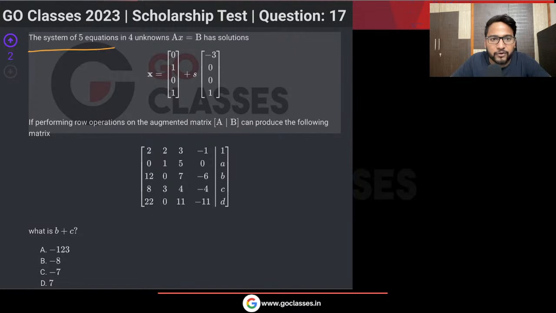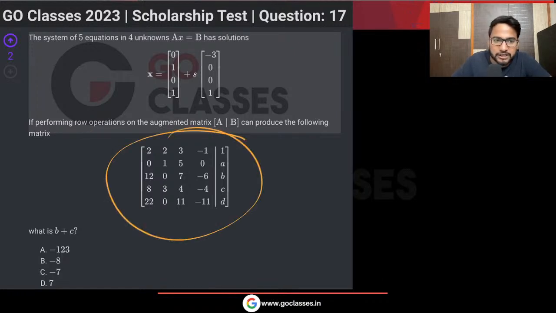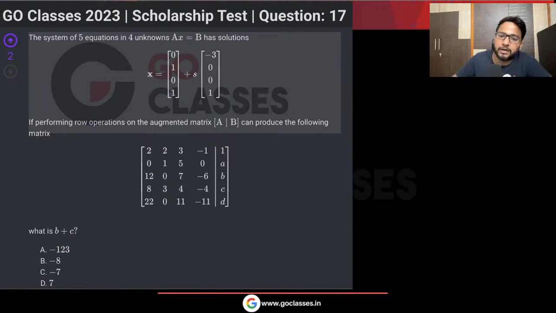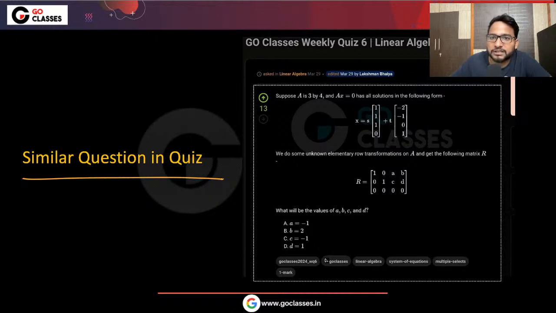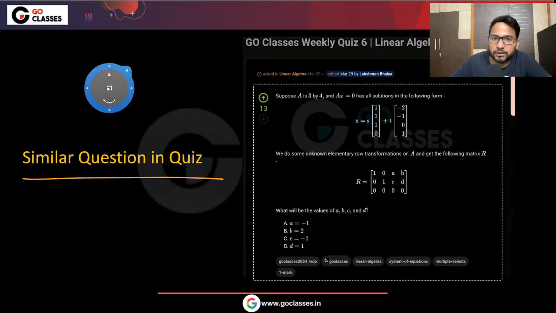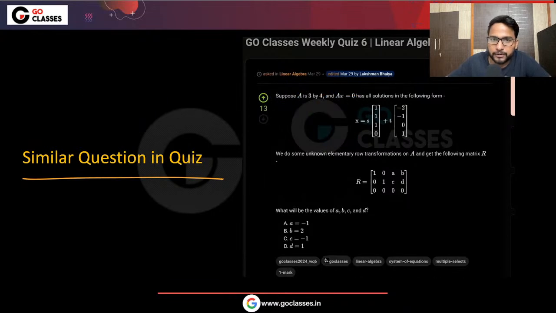The system of 5 equations and 4 unknowns has this solution, and then they are saying if we perform the row operations, we get this particular augmented matrix, and then they're asking B plus C. If you have solved one of the weekly quizzes, then this is the exact similar question from the quiz. Have you solved this particular question from weekly quiz number 6? If you just solve it, maybe